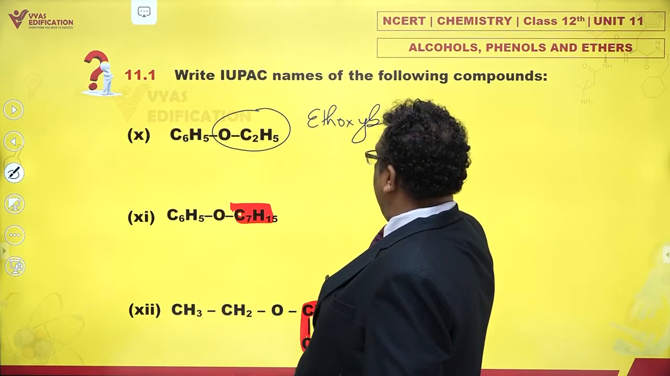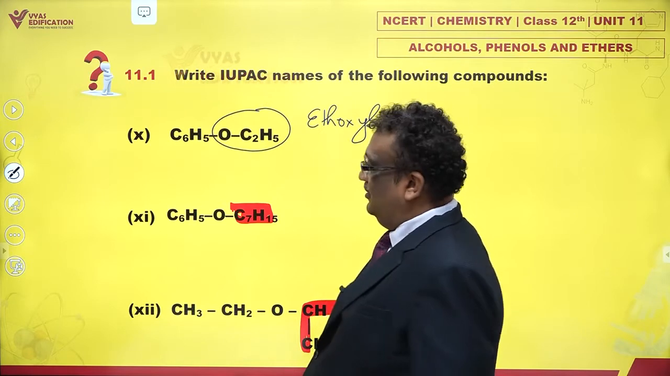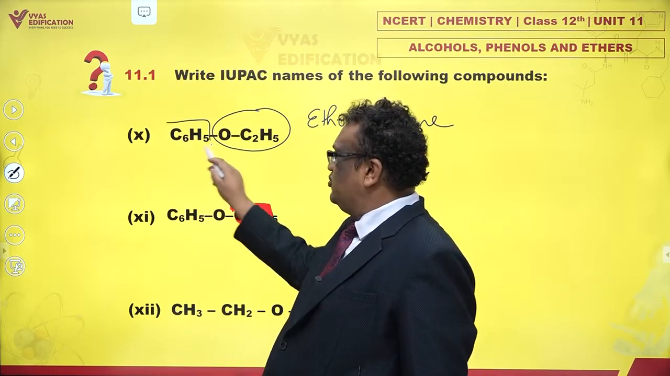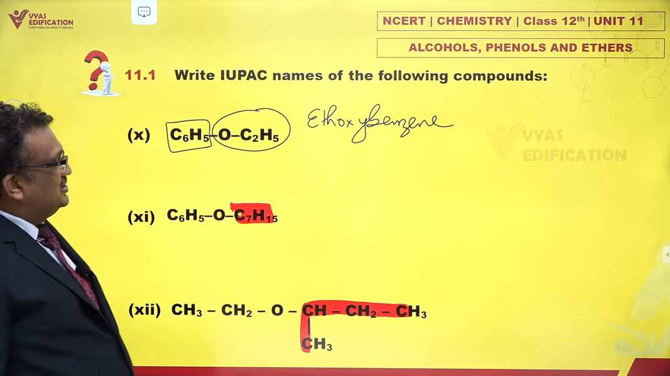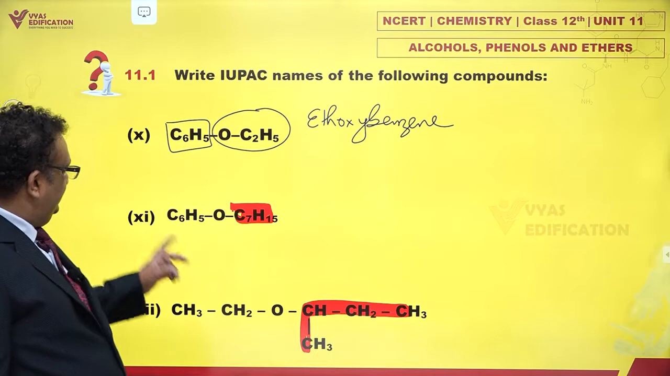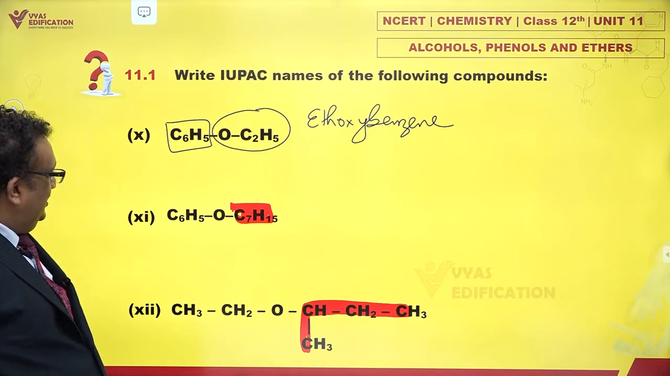Ethoxybenzene. Why? Because this seems to be long, 6 carbons, anywhere more than 2. So this is ethoxybenzene. What about these ones? Now